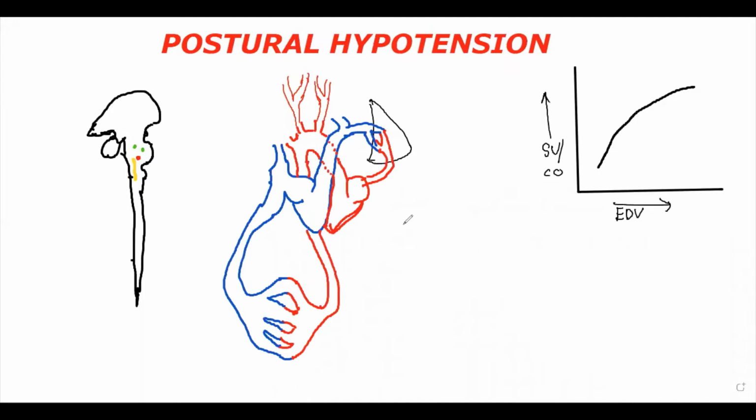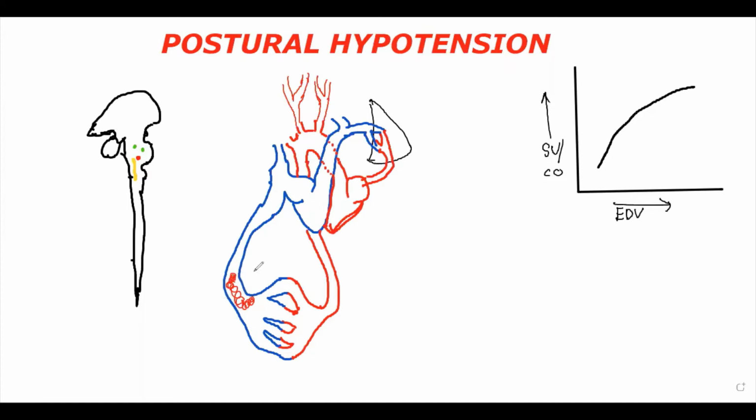Everybody, today we are going to learn about postural hypotension. Postural hypotension means there is a decrease in the patient's blood pressure when the patient stands from a lying down position. When a person stands from a lying down position, more blood will accumulate in his veins, and